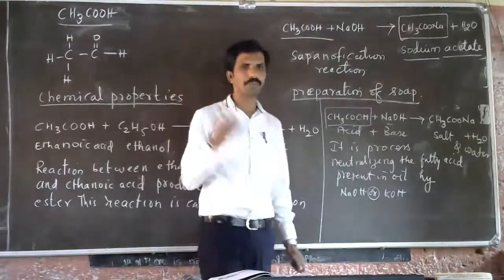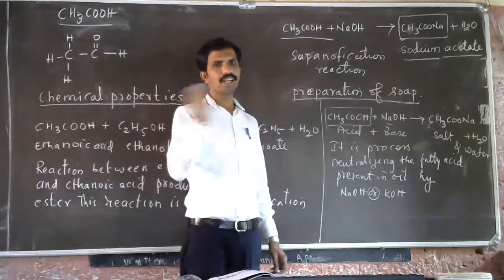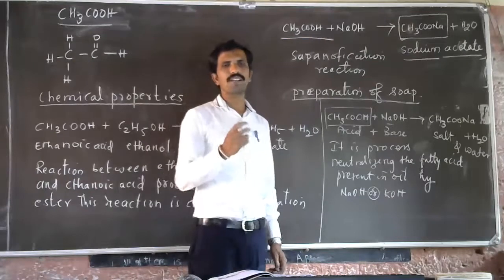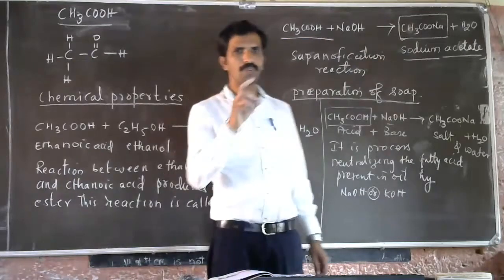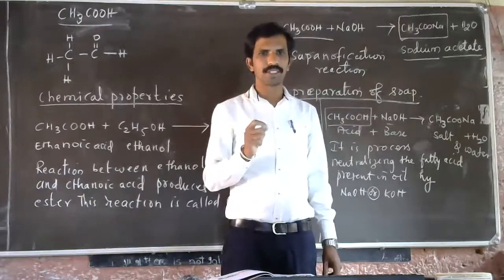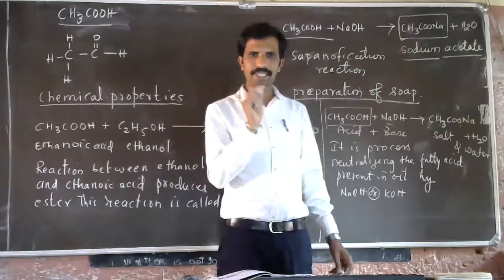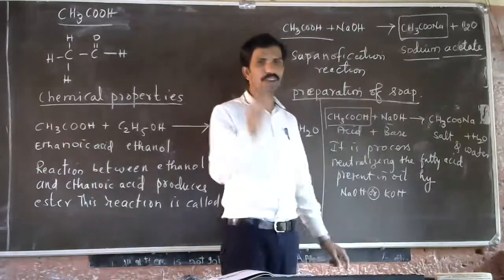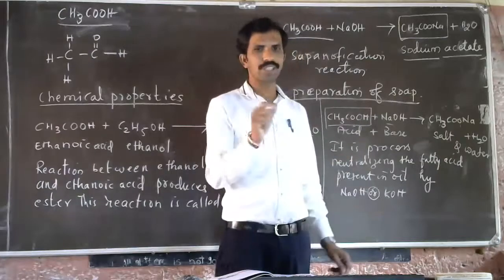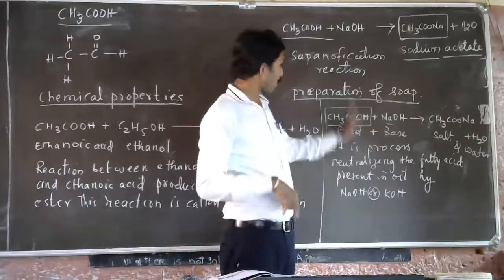Saponification is nothing but a process of neutralizing the acid present in the oil with a NaOH or KOH base. That's why during the soap formation, soap will have certain pH. See, soap will have certain pH. When you look at soap, they give the pH there also. That pH is nothing but how much NaOH is used, or how strong NaOH is, how much strong NaOH or KOH is used to neutralize the fatty acid present